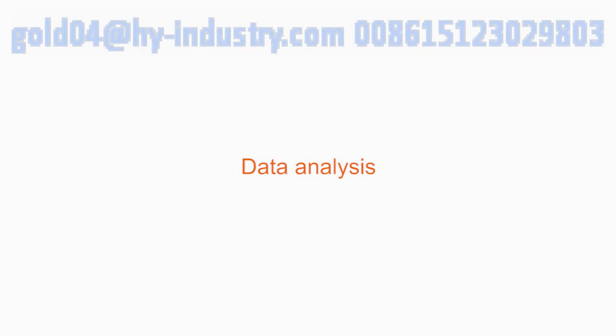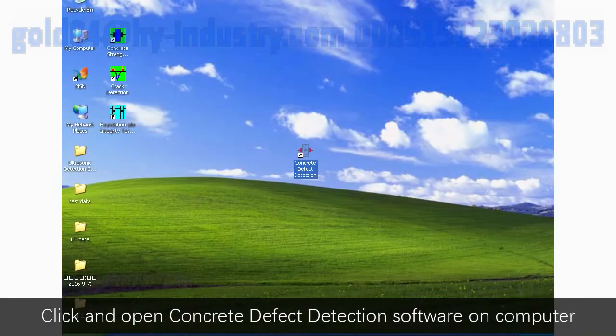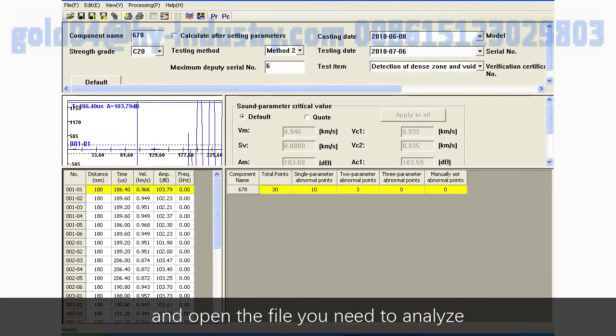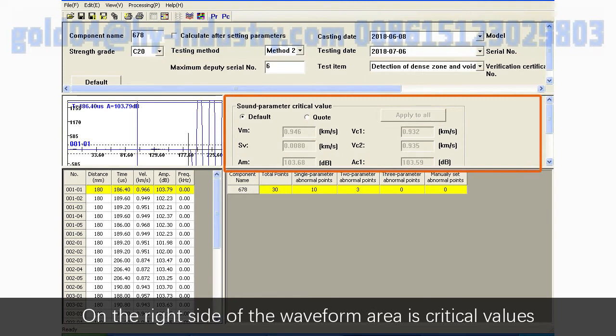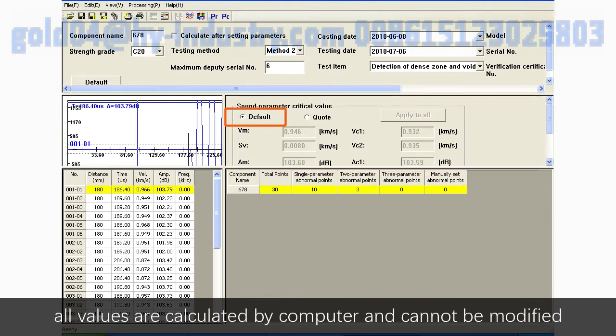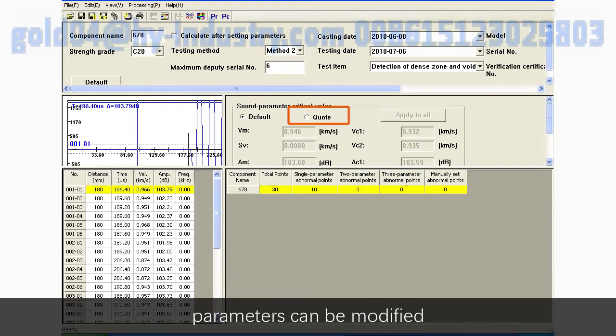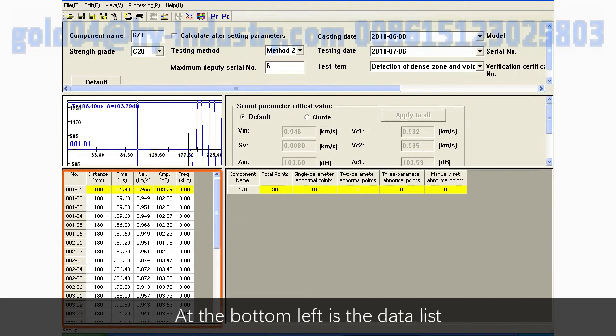Data analysis. Click and open Concrete Defect Detection software on the computer and open the files you need to analyze. On the right side of the waveform area are critical values. When default is chosen, all values are calculated by the computer and cannot be modified. When quote is selected, all critical values of acoustic parameters can be modified. At the bottom left is the data list,